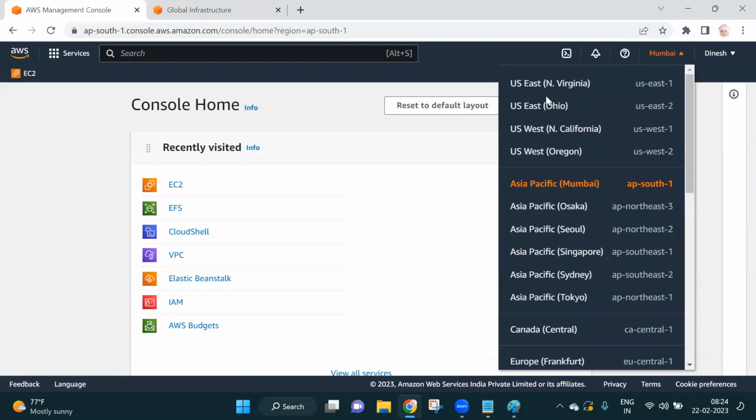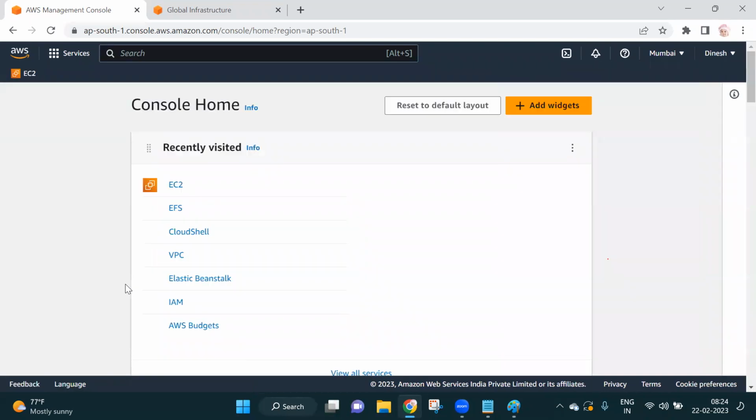Along with that, the USA has more servers, more data centers, more powerful servers. Thereby, even if a system fails, you will immediately get a backup, immediately you will get other servers. Scale up and scale down happen automatically compared to other regions. So most of the time, we will go for North Virginia, Ohio, or maybe Oregon. But I will connect with the Mumbai region. That's fine. No issues.